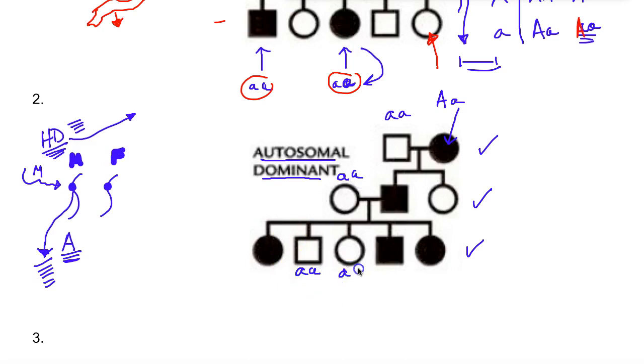And the ones that do express the disease, they're going to be either homozygous dominant or heterozygotes. Just having one A produces that really toxic protein that catalyzes all those different reactions that leads to loss of